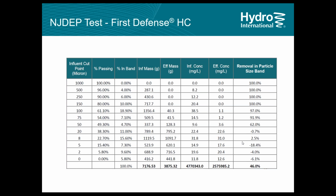And just as an aside, prior to the current protocols for New Jersey, there are a lot of media filters approved in New Jersey, and recently New Jersey changed the test protocols and put everyone on a lab test standard and put everyone through the same testing. Everyone had to switch to a membrane filter in order to pass the test because they needed to remove a lot of material that was below 20 microns to pass the test. And a lot of media filters will fail that test, so you need a membrane filter to actually strain out